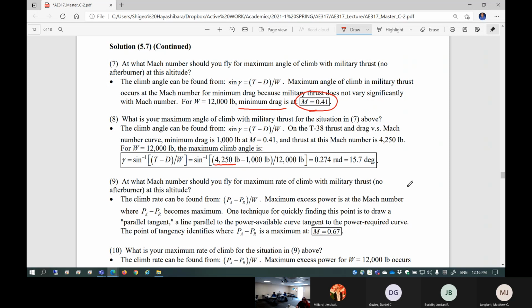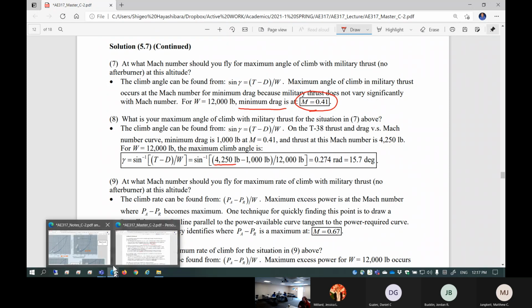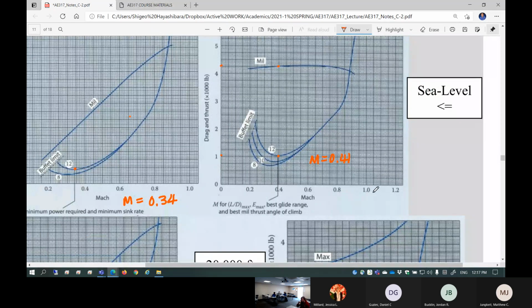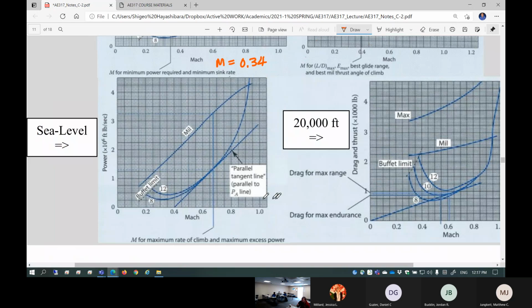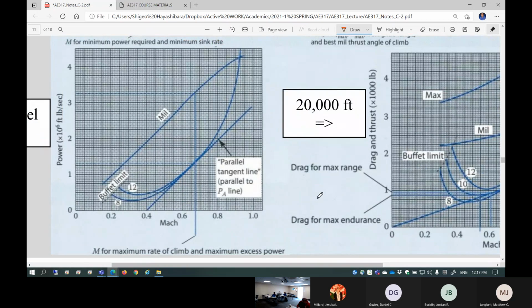Now, confusing enough, the next question is, what is the maximum rate of climb? Not the angle. Here we go. What is the rate of climb? What is the condition of maximum rate of climb? I think David knows already. We are going to take a look at the power plot right here. In order to have maximum rate of climb, you need to have a maximum excess power. So what is the maximum gap between military power, this is the power available,